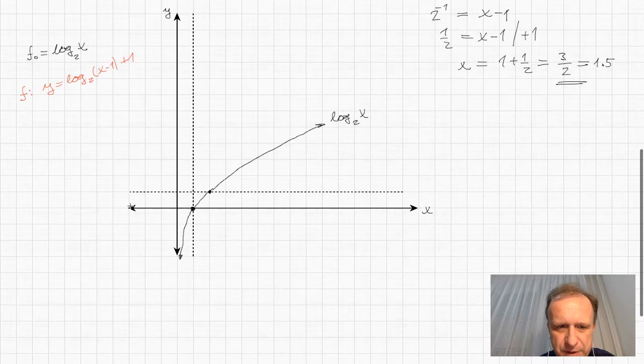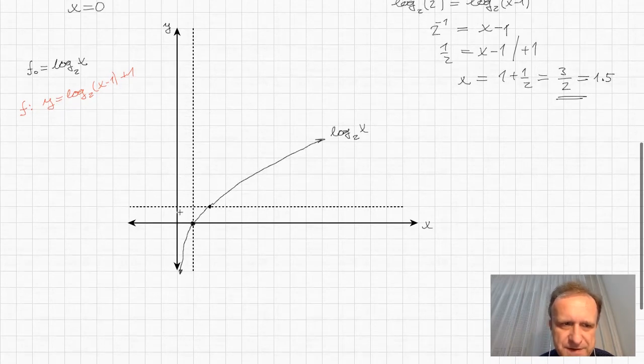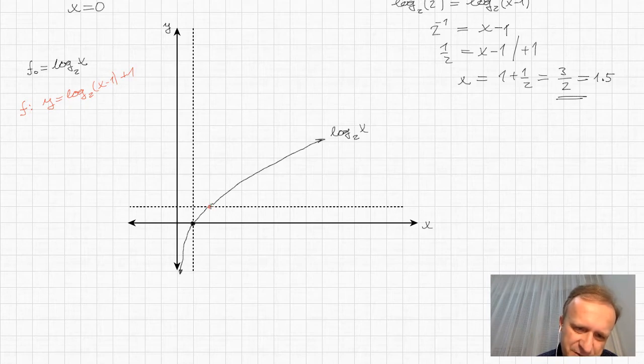So this function we already know is obtained by translating the original function by 1 unit to the right and 1 unit upwards. So this point here gets translated to 1 unit to the right and 1 unit upwards, so it gets here. And the original point which is below it is translated by 1 unit to the right and 1 unit upwards, which is here. And it means that the new graph should pass through these 2 points like that,